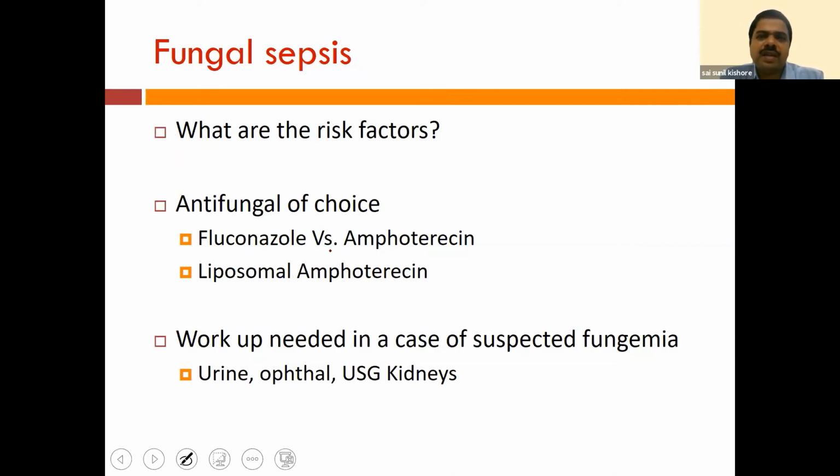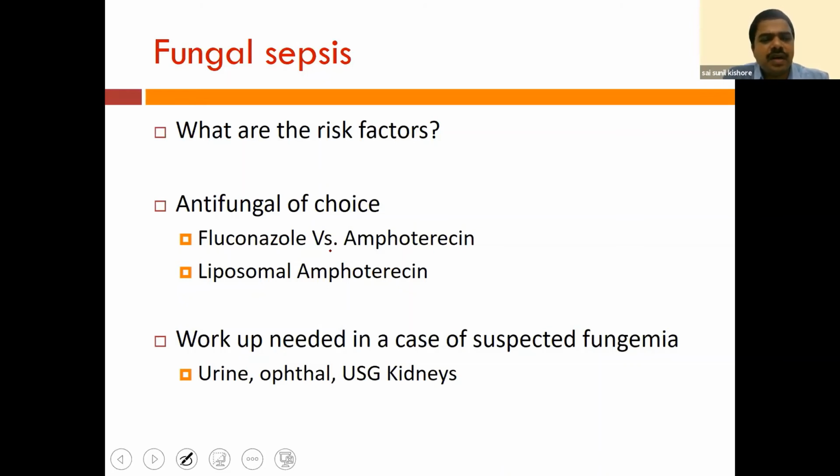if you are having an ELBW baby or VLBW baby, less than 1.5 kilo baby, prolonged lines. So you have an umbilical line more than 1 week to 2 weeks, and prolonged PICC lines. And the baby is on total parenteral nutrition, the baby required multiple transfusions, TPN. So these are all the risk factors for fungal sepsis. So you need not start antifungals in each and every baby with suspected sepsis.